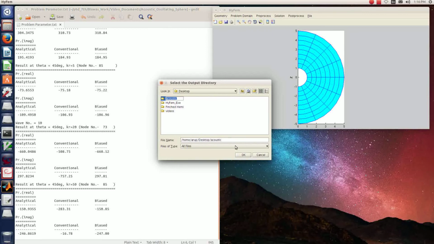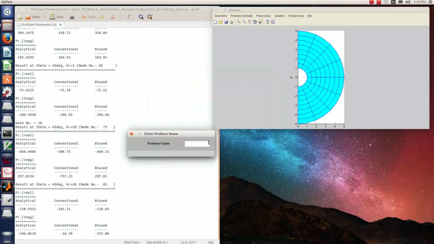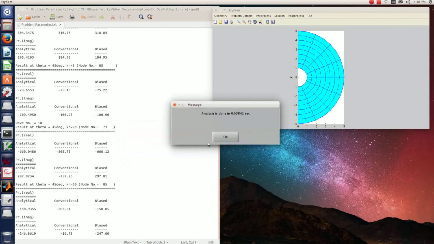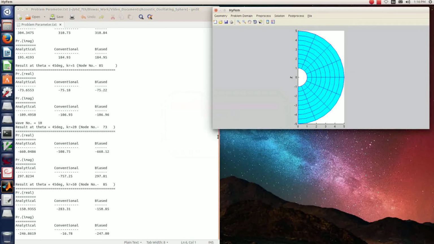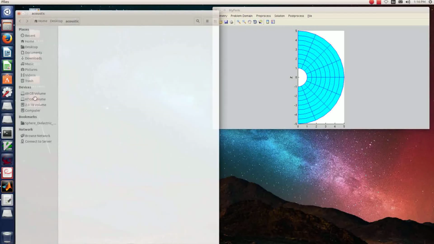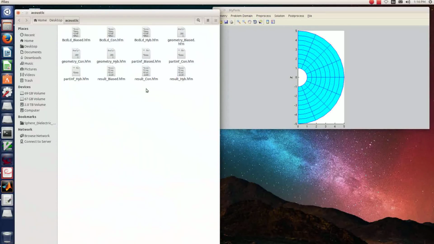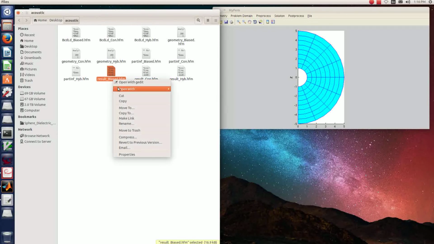We can use the same directory and the problem name we can give as biased. Let's see the result. So there is this biased result file.